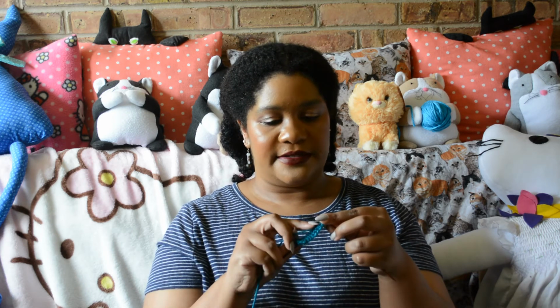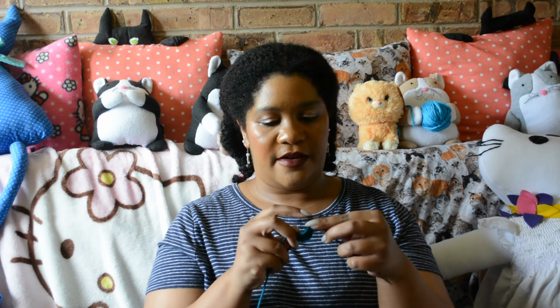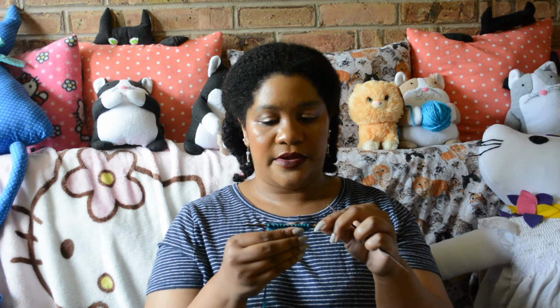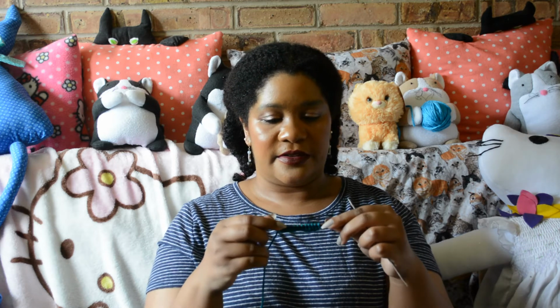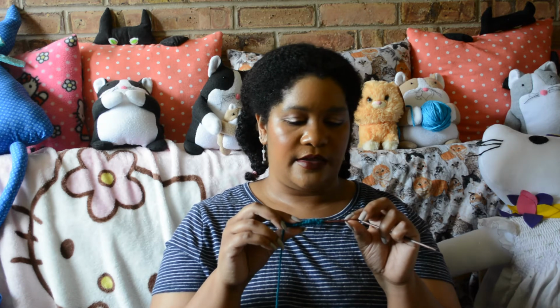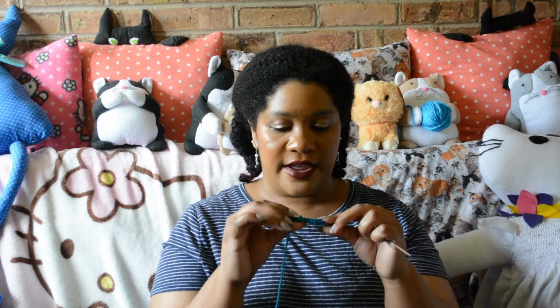Whew. But yes, okay, so we've done our border, so it's just three rows of garter stitch. So now I want my 3 in the middle to also just be garter, so I'm always knitting in the middle, or I'm not. Did I say I'm knitting in the middle? I'm not knitting in the middle. I am knitting on the edges. So 3 in and 3 out are knits all the way, and I think I want to do a seed